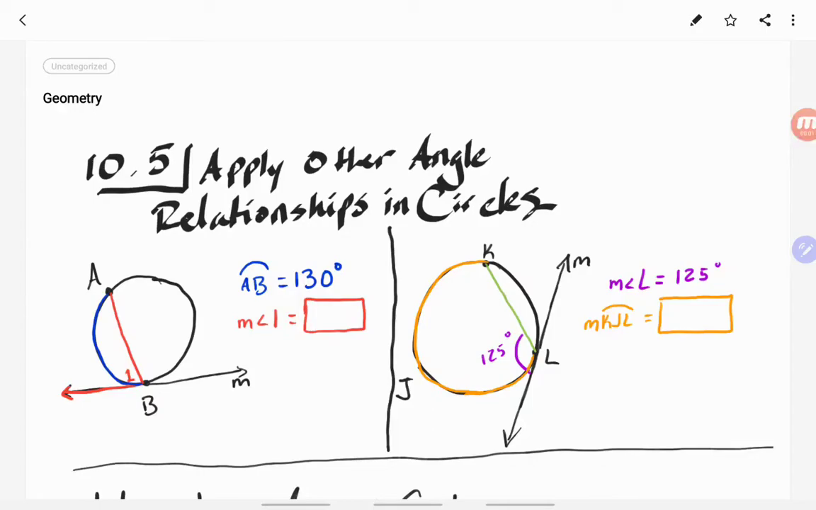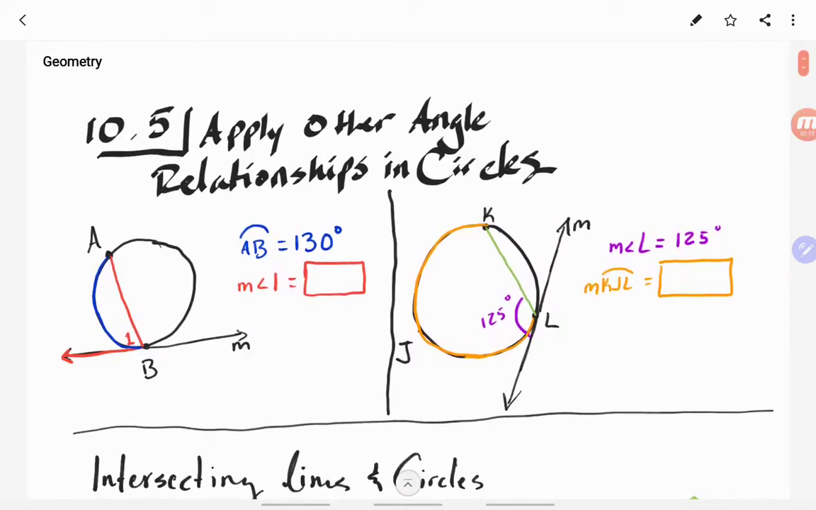Guys, we're going to be looking at section 10.5 today, where we're going to be applying other angle relationships that are within circles. So as you can see, as I've written here in beautiful calligraphy, we're going to be talking about angle relationships in circles. So what I've got right here is in relation to theorem